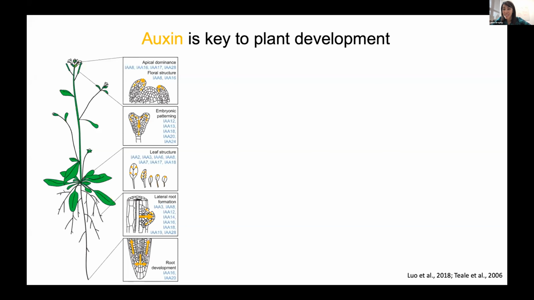It is synthesized and then moved around the plant in ways that change or dictate the structure of the resulting plant. These are examples of different portions of the plant, and the yellow arrows show where auxin is flowing within those tissues, and then some of the proteins that are responding to that auxin concentration